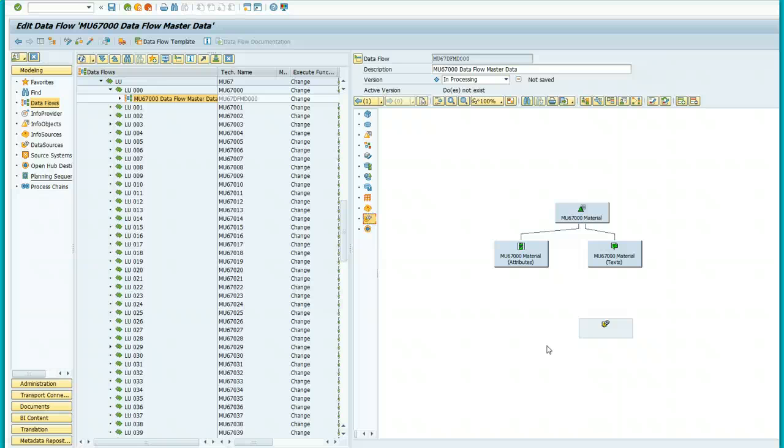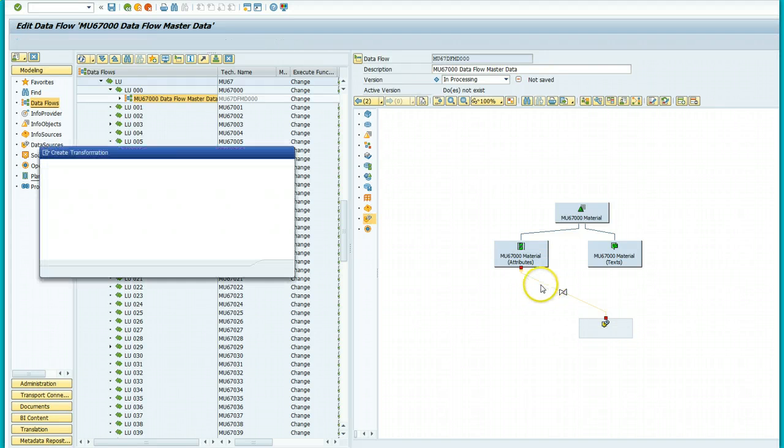Next I have to create transformation. In order to do this, I have to click on the data source object. Okay, and then draw an arrow from the data source box to the attributes box. So I draw from here to here, then I double click on the arrow,